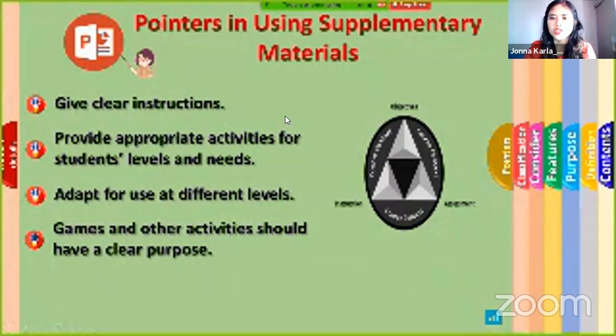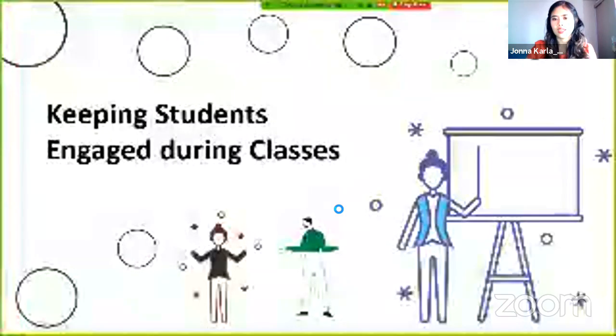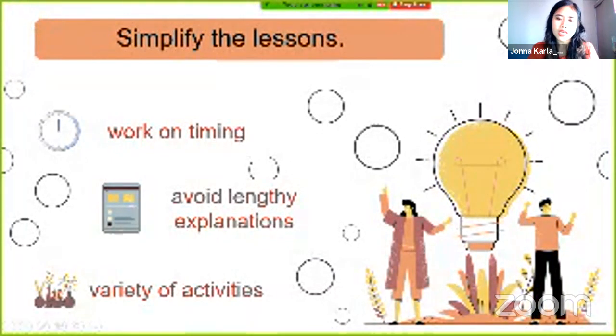Now let's proceed on with some tips for keeping our students engaged during classes. So simplify the lessons, like what I have mentioned before. We work on timings, especially kung sinabi niyo pong we will meet today or we will meet next week at 9 o'clock. Okay, wag pong eksaktong 9 o'clock tayo, tsaka pa lang tayo magse-set up at magbubukas ng ating mga